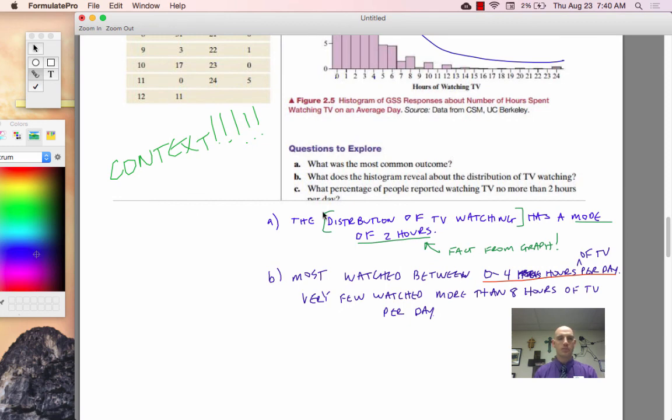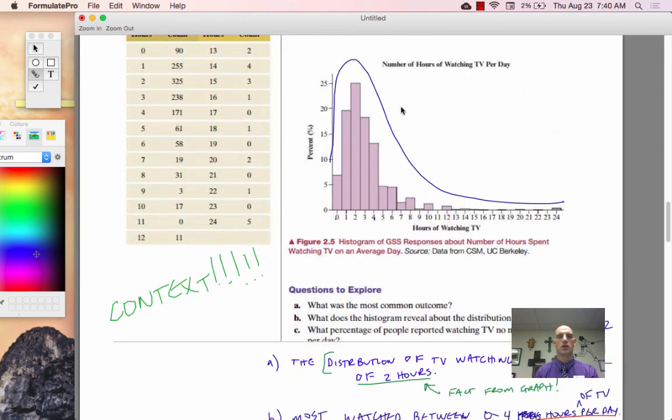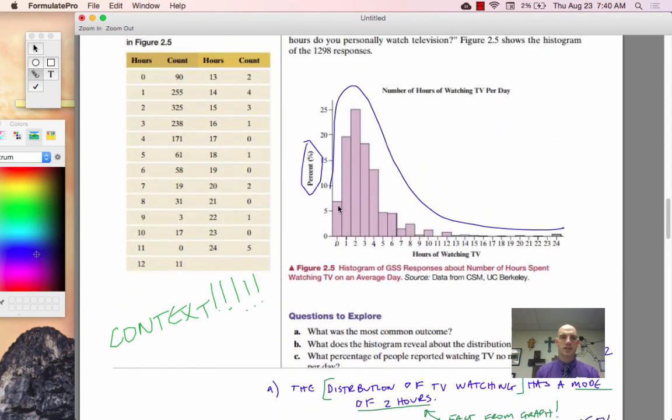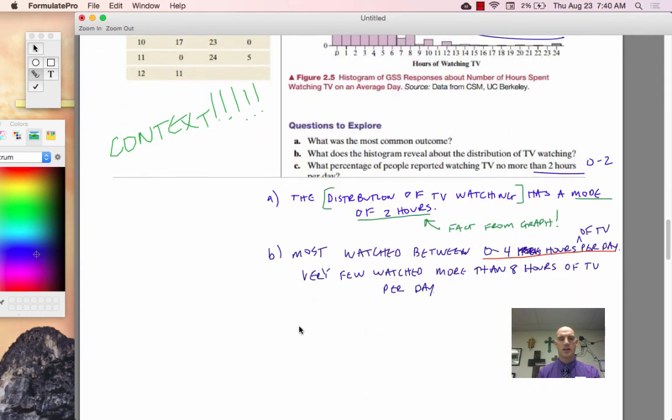Okay? What percentage of people reported watching no more than 2? No more than 2 means 0 to 2. So if we look at this, here's my percentages, right? So 0 hours, that's about 7. 1, that looks to be about 19. And 2, that looks to be about 25. So when I add up those percentages, it would be 26 plus 25. We'd say about 51% of respondents